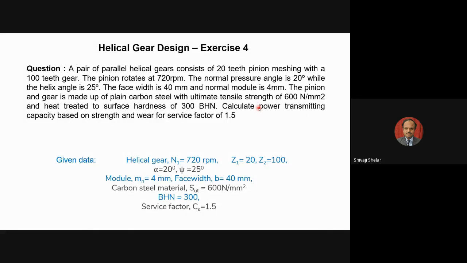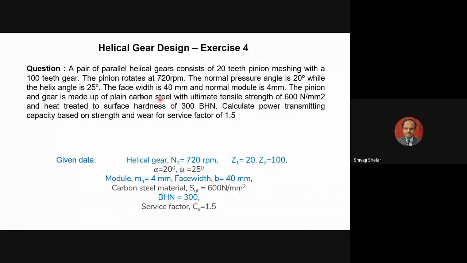You already have the gearbox or gear pair available. Now whether we can use that gearbox for our application, that is the question. Suppose I want to transmit 10 kilowatt and the power rating comes here, say 8 kilowatt, it is not acceptable. So whether it is acceptable or not, first we should analyze the existing design, and then we can select that same design or we can change the design.